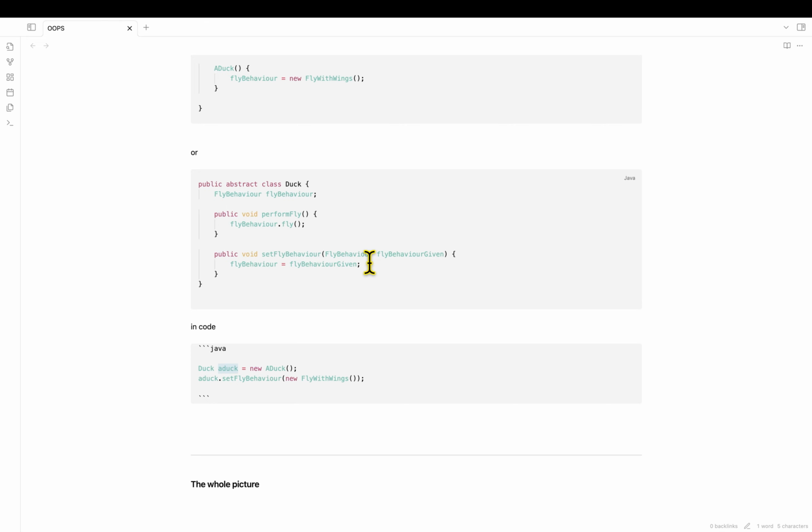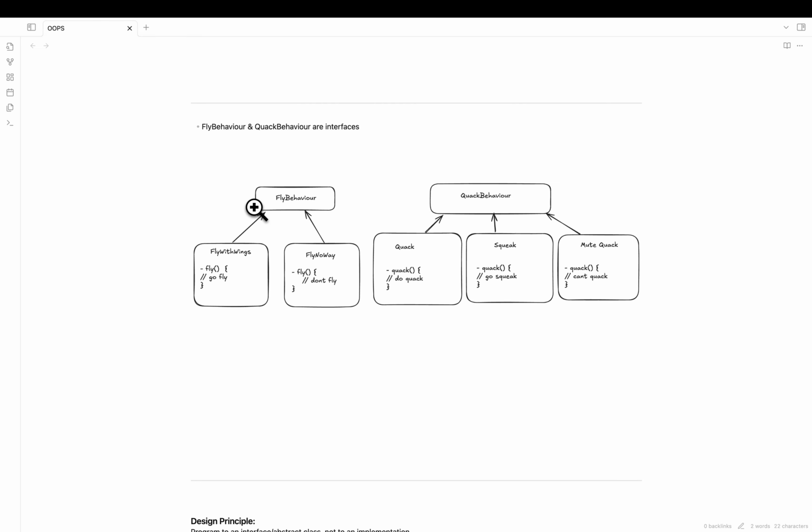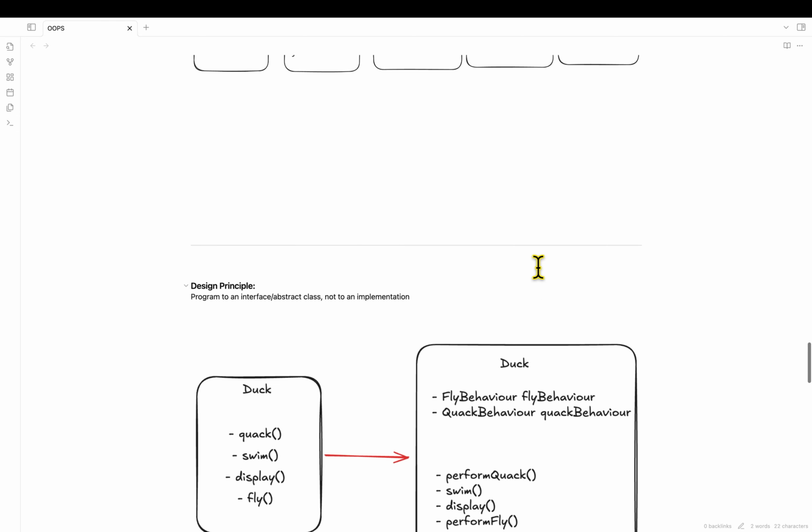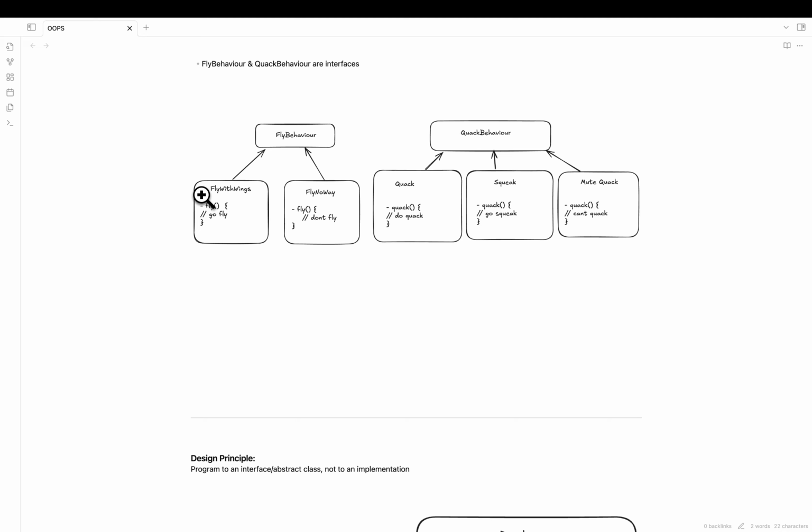In that case we just have to add another class, FlyWithRocketPoweredWings, implementing the FlyBehavior interface. Even then this won't change and we won't have to do anything here, because flyBehavior is holding the runtime object, which gives the flexibility of having anything.